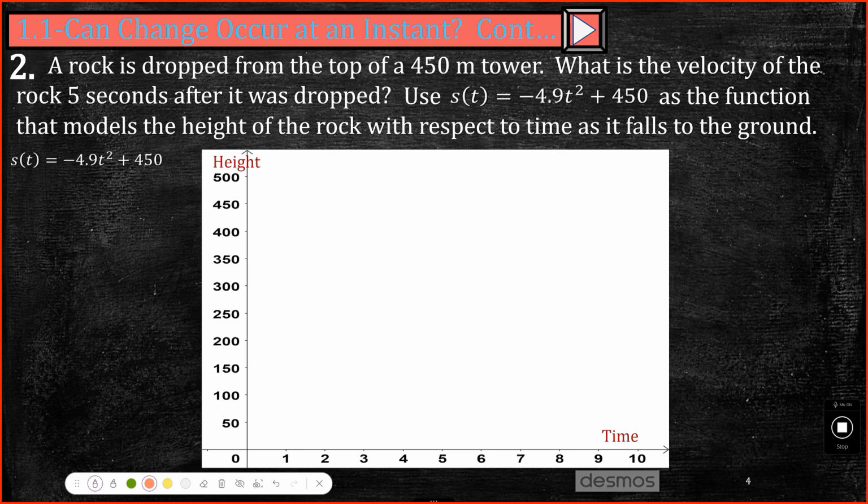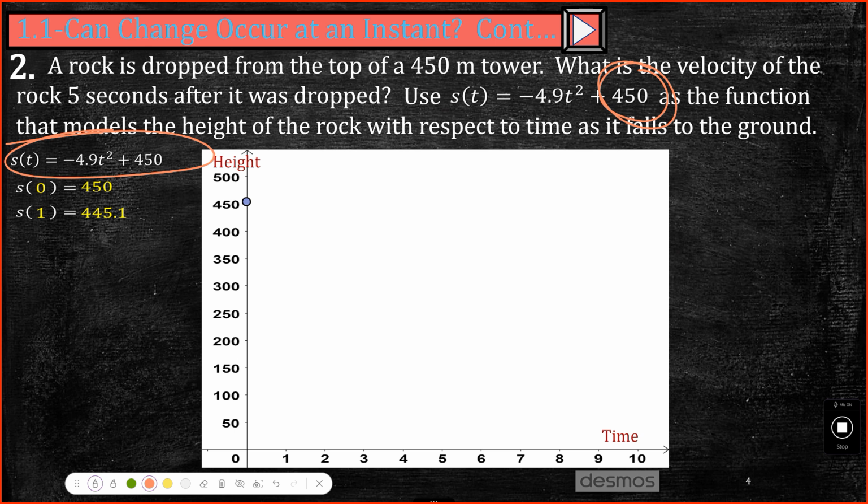At time equal to 0, how high off the ground is it? We let go of it. At time equal to 0, it's 450 feet up in the air. So if you plug it into the formula, s of 0 is negative 4.9 times 0 squared, which is 0, plus 450 is 450. Okay, so that's where you let go of the rock. And let's go ahead and do s of 1. So we're going to plug t equals 1 into this formula, and then we get